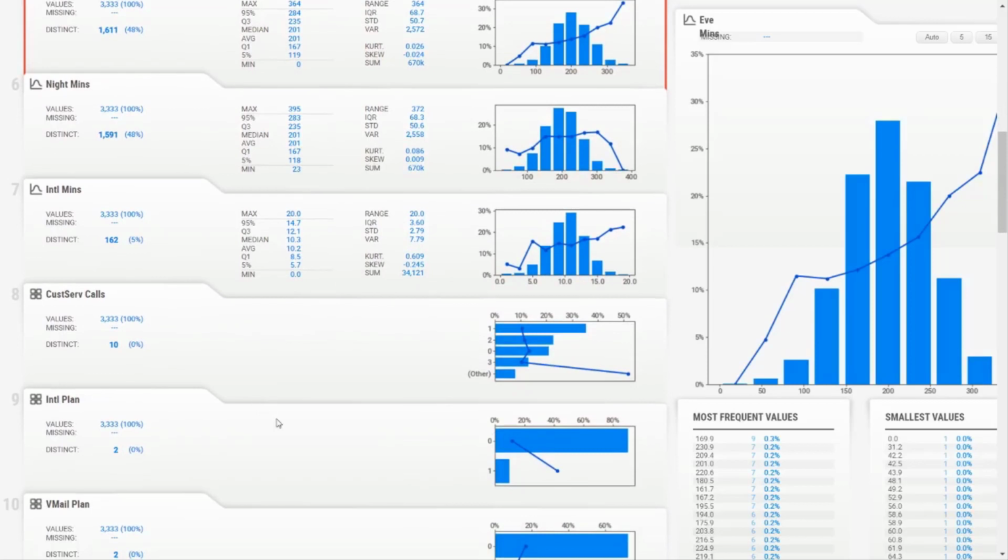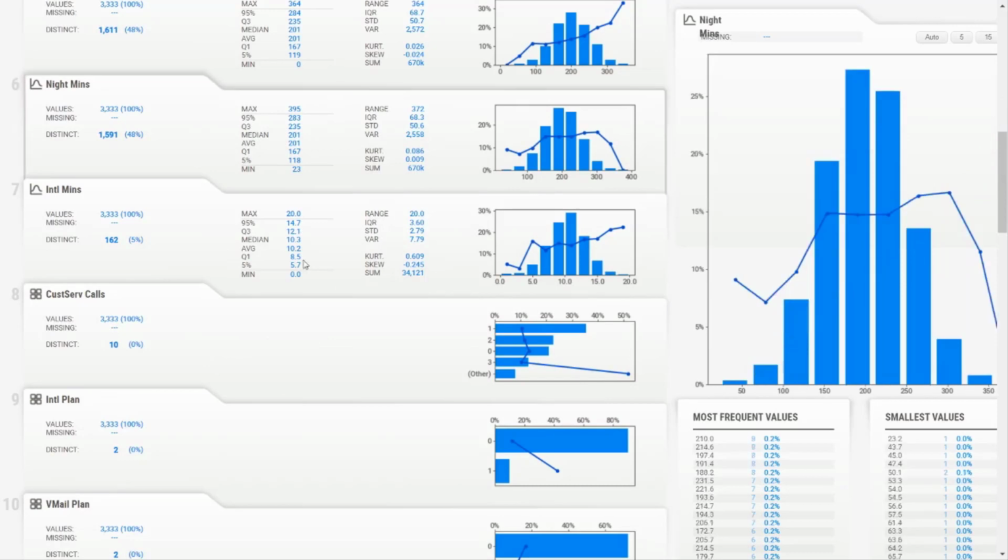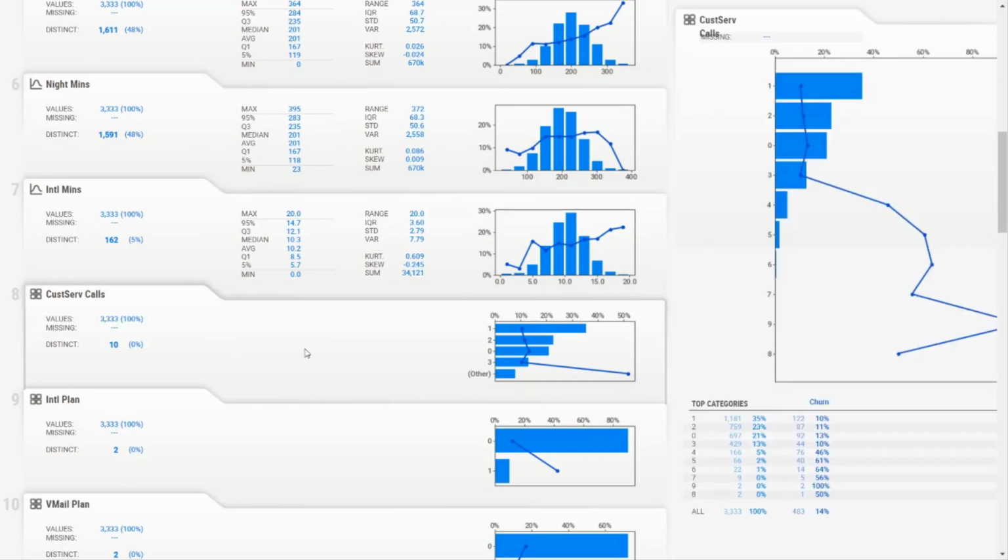And then international plan. Let me take this customer service call also. Okay, I have to click here and then I have to click on the customer service call. So there are about 35% of customers who sent only one message, and you can see the maximum is about 8 messages, but predominantly it is either one or two, and about 20% of customers sent zero messages, which is 697. So very easily you will understand this.